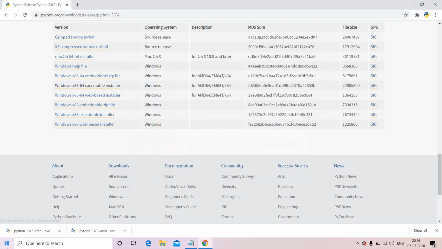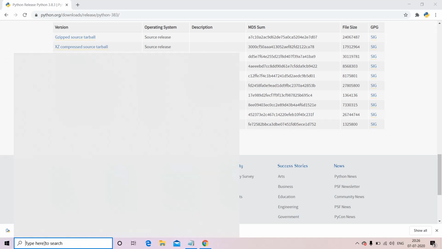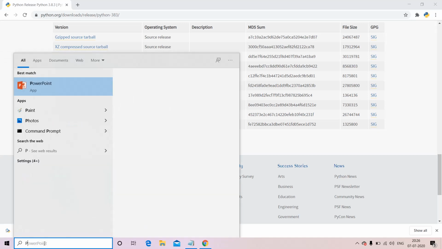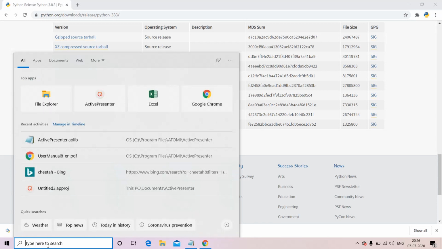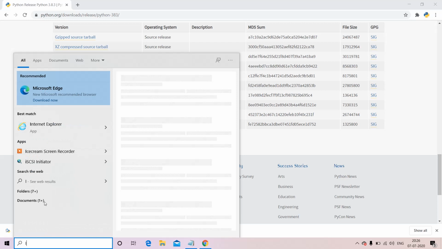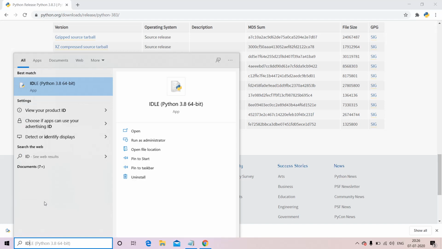Okay, now let us see if Python was actually installed in our system or not. Type Python here, and see, we have Python 3.8 64-bit, manuals and module docs, and for the IDE type I. See, we have Python IDLE.